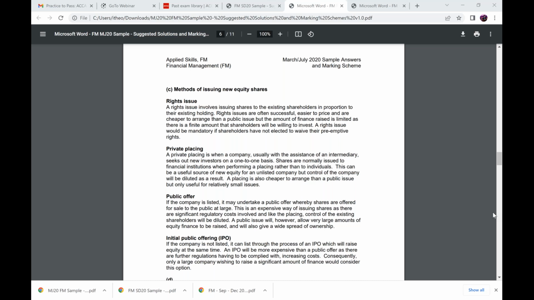Ahmed, scrip issue is usually used at the time of dividends, and bonus issue can be done anytime. And Ahmed, yes, it remains the same, but it is not asked here whether a rights issue is increasing the value or not. It's just stating how you can issue new equity shares. It can be via public offering, via rights issue, via bonus issue or scrip issue. IPO is initial public offering. You go to the public and offer shares for the first time. And placing is when you don't issue shares to individuals. You issue shares to financial institutions, companies. When shares are issued to companies, they increase your equity. This is called placing.